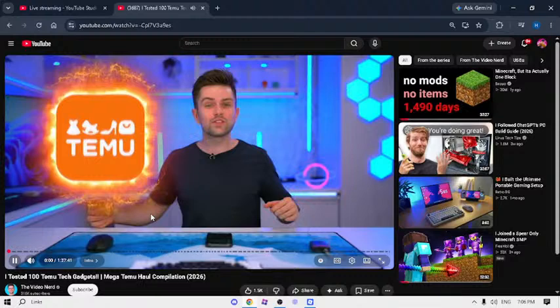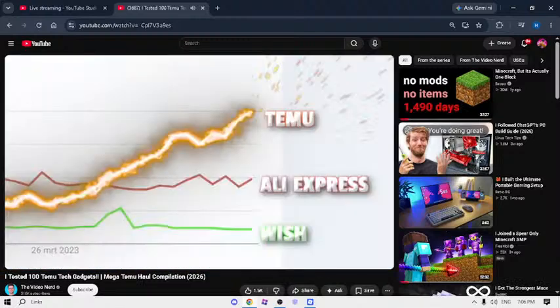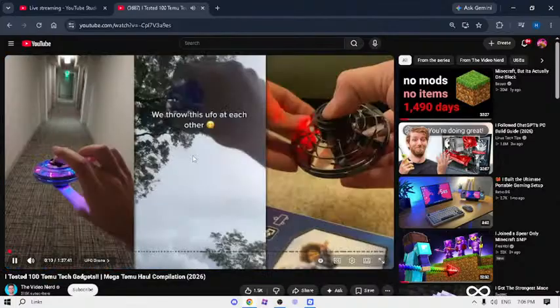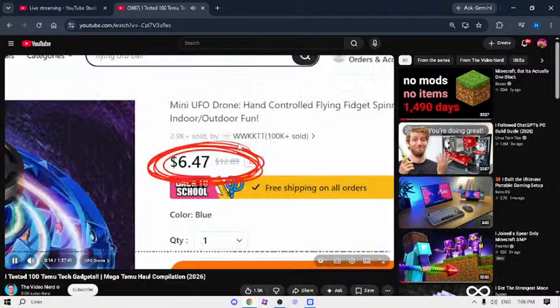Temu is beating AliExpress and Wish.com, and according to Google Trends, it's not even close. The first gadget is something you might have seen on social media before, because this UFO drone has been all over my feed. The price of this was $6.47, so the way this works